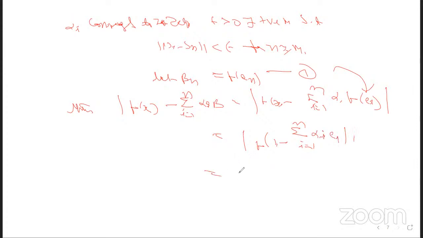So that equals the mod of f of x minus delta n, which is less than or equal to the norm of f, that is less than epsilon into norm of f, into norm of x minus delta n for small n greater than or equal to capital M. Next, this shows that f of x,